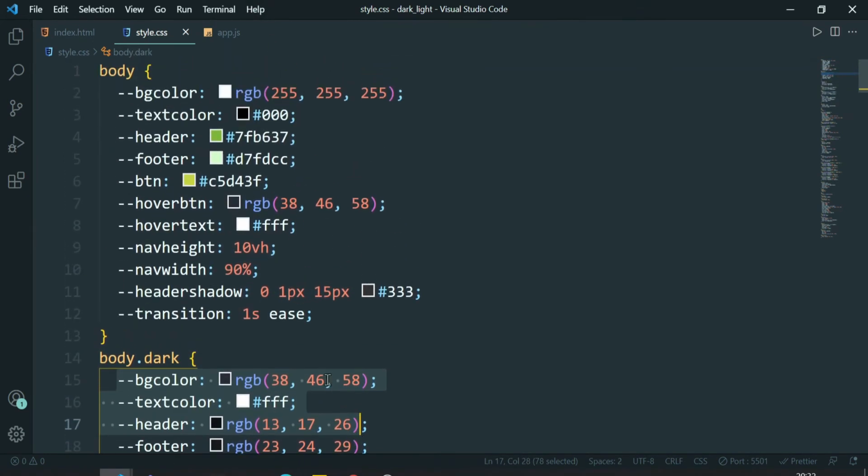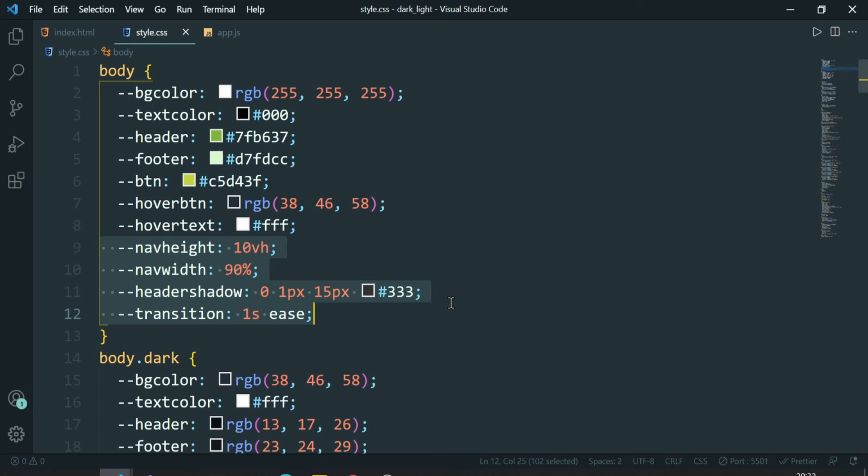And here we can also see some values which are not colors. Basically they are numeric values, so that you don't get confused that CSS variables can only be used with colors. They can be used for anything. Like we have used them for transitions, for shadows, and for nav width and height.